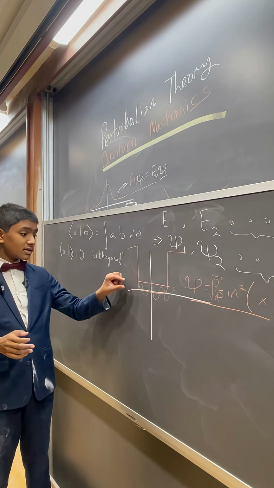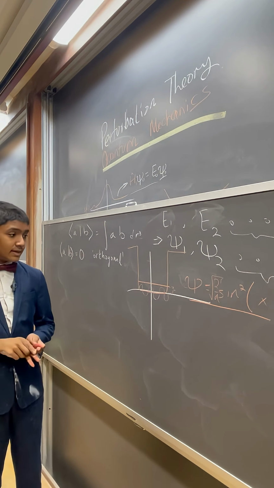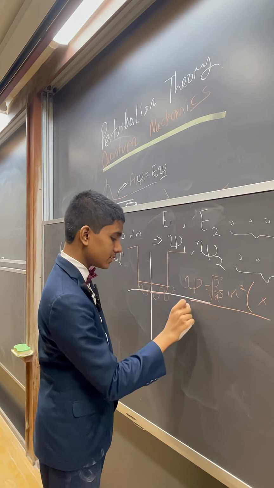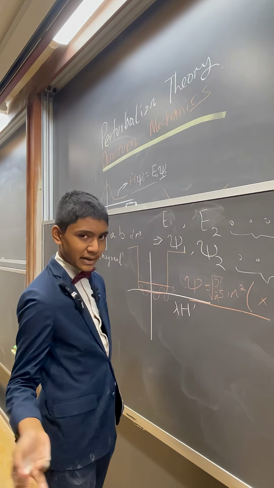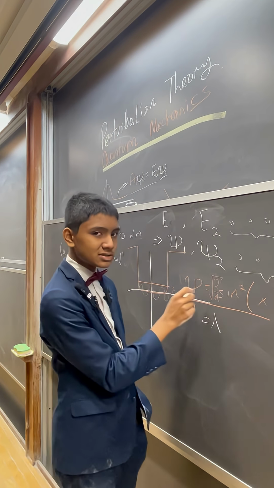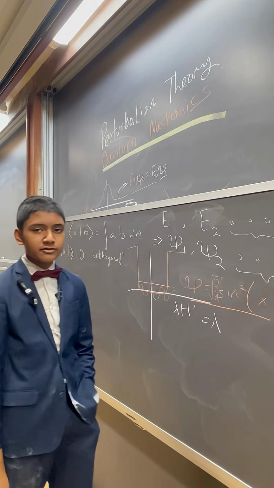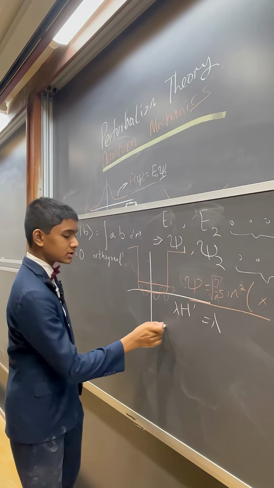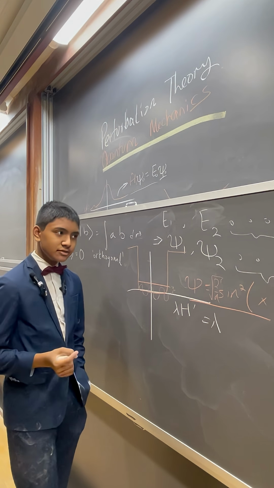Since this is such a simple perturbation, I mean, it's constant, for goodness sake. The perturbation lambda h prime could basically be written as lambda if we wanted it to. We're just adding a constant to the entire potential function. If we have that now, what's probably not very surprising to you is that